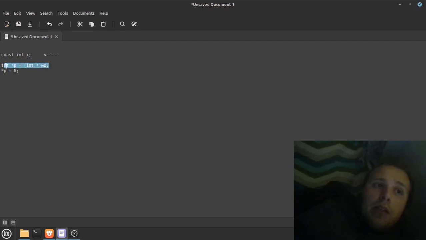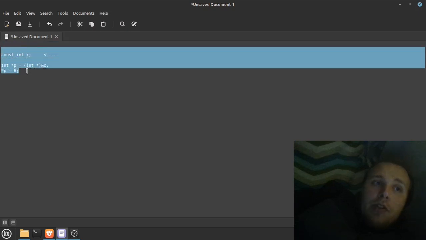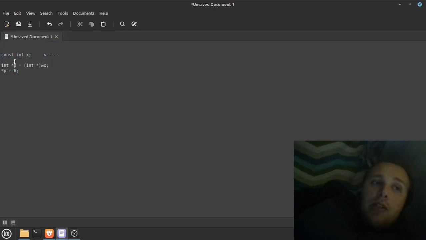But yet we create a pointer here and then mutate it. So this is another issue. This is how you create a write access violation, which causes a segmentation fault. And like I said, the best way to prevent this is to make sure that your compiler doesn't let you do this. Make sure it always explicitly requires you to